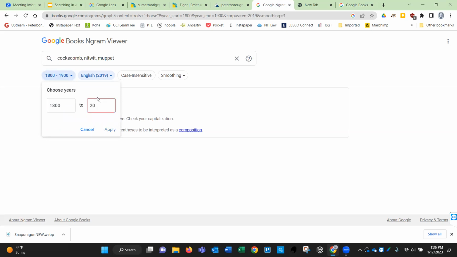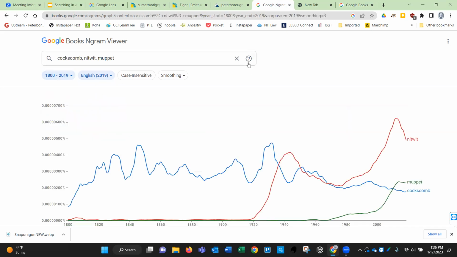And you'll see that coxcomb was very popular in the early 1800s. Nitwit becomes more popular, and then Muppet is probably associated with Sesame Street and comes in much later.